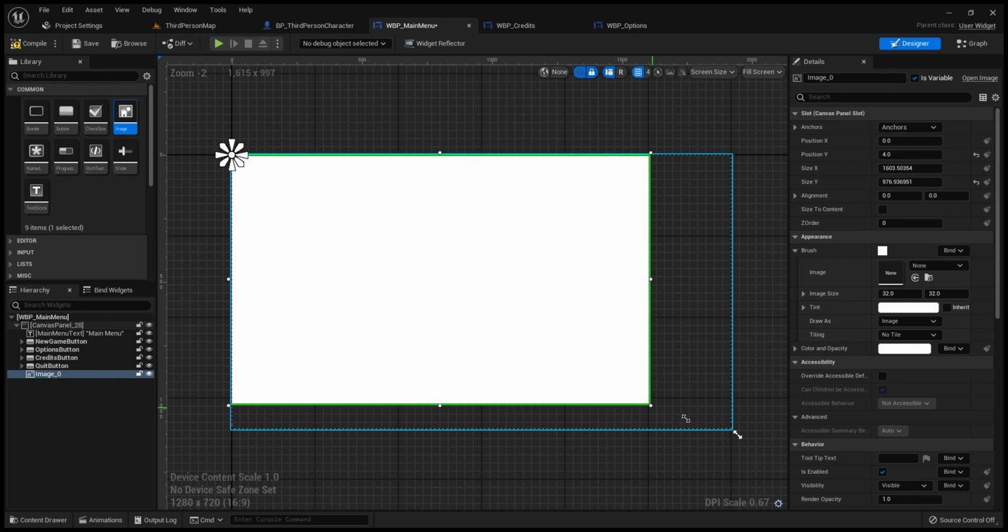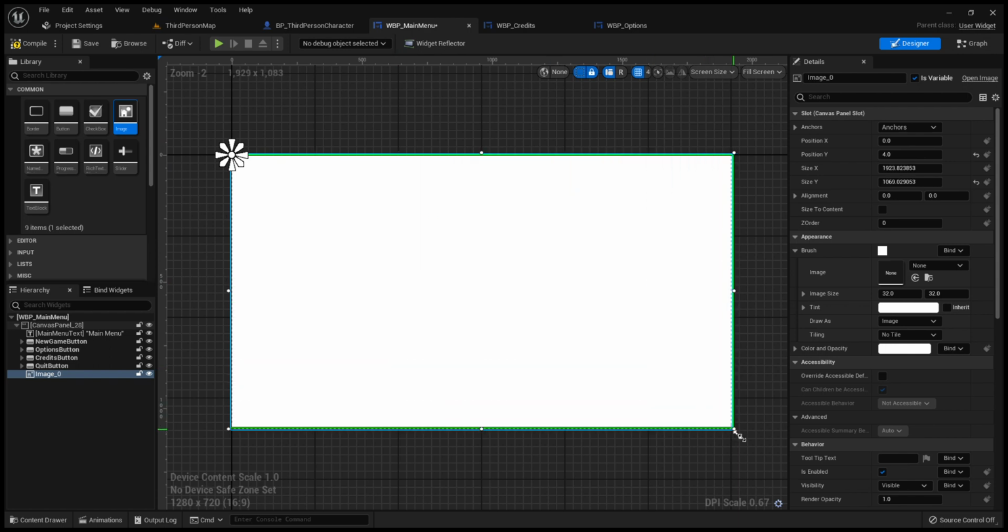bring it over here, and you're going to wonder, well, why does that cover the whole canvas panel? And now you can't see nothing. Well, if you want an image in the background for this main menu, you have to bring the image on, cover the whole thing, and then come over here to anchors, make sure it covers your full screen. You can see that it updates from the flower in the corner to now all the way around your screen. Your image here,